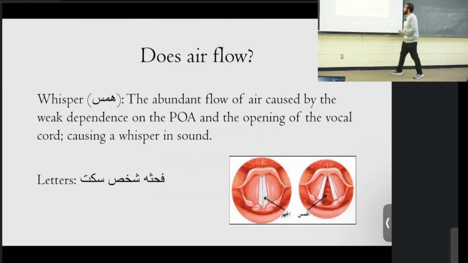So what did we say with hams? We said that every letter has a lot of abundant air that flows when you say the letter. And the most important part about it is the vocal cord opens and there's no vibration of it, right? So we said sin as well as zay. Another example is dhal and tha. Tha has a lot of air emission. So we say th. So we open the vocal cord and a lot of air gets emitted. The opposite is the dhal. So let's transition from tha to dhal.